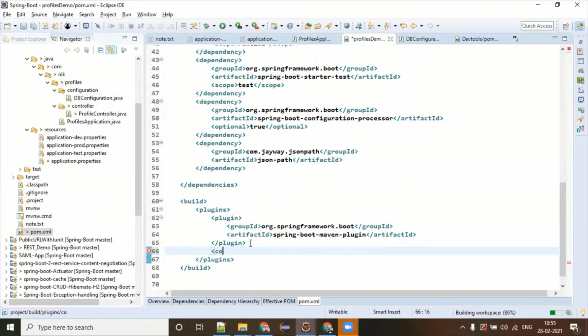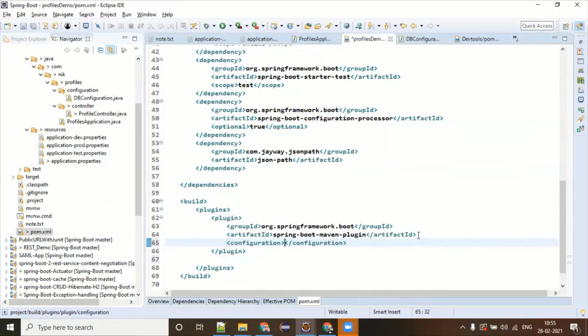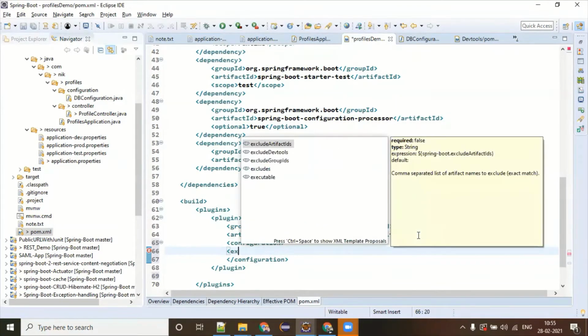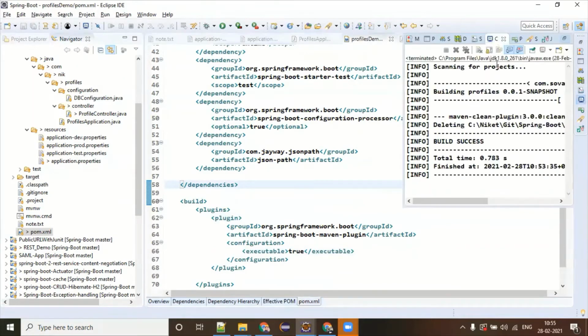Inside that configuration, executable. Is it a direct value or a tag? Tag. Executable boolean, the value is true. Do you see it will work? Let's try.